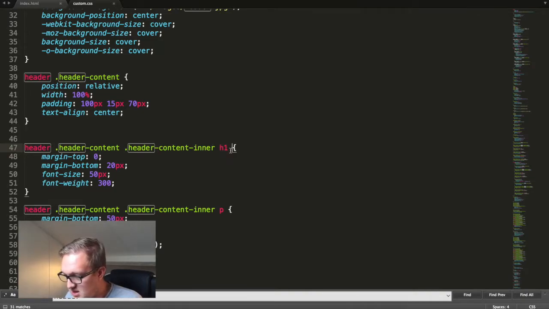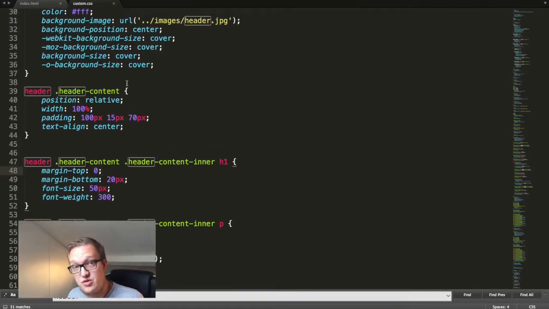The thing with that is the browser starts by searching for all the h1 tags, and then it will filter them to all the h1 tags in the header content inner class element, and it goes on and on until it meets all the filters. To make that easier for the browser to find the element, and easier for you to find the right element,